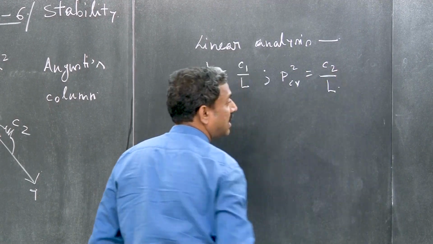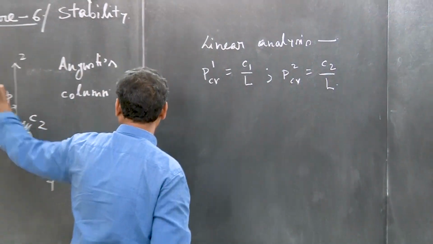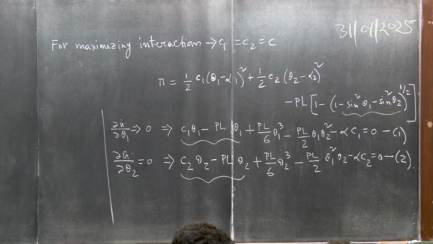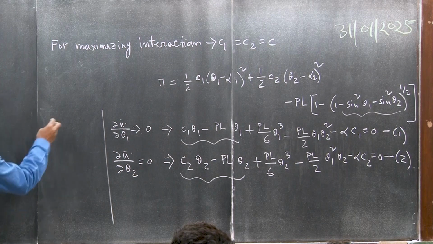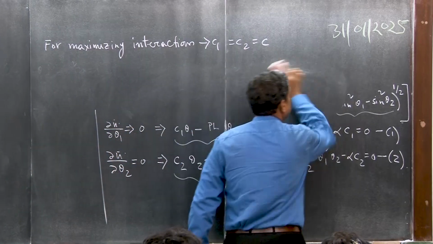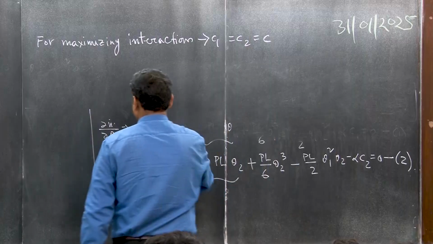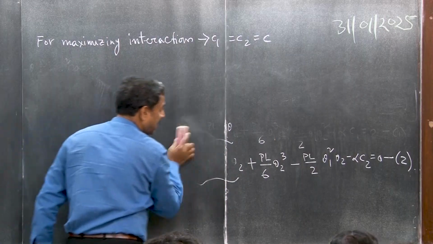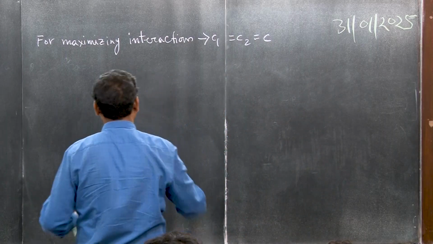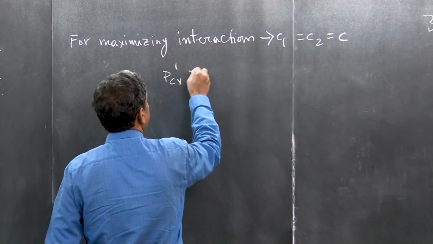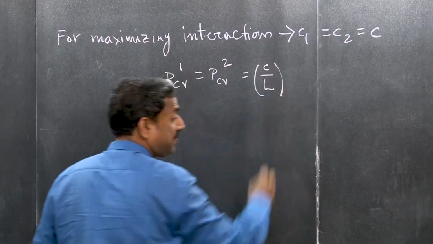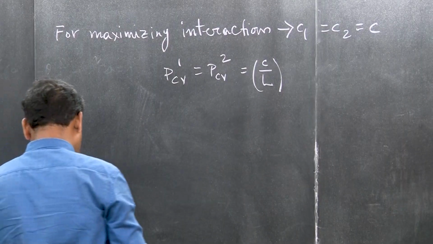L is the length of the bar. Now, I will simplify and write the final expression, okay. In that case, when C1 is equal to C2, all these things will be simplified and we will still retain some nonlinear terms. Then of course PCR1 and PCR2, the critical loads, will both be nothing but C by L, okay. That is the critical load, and for that case